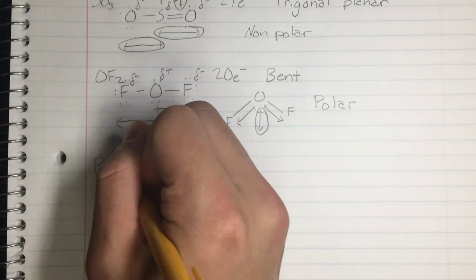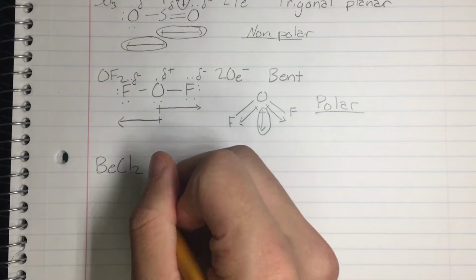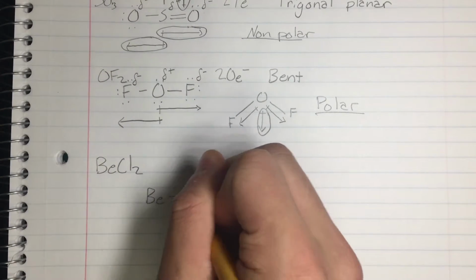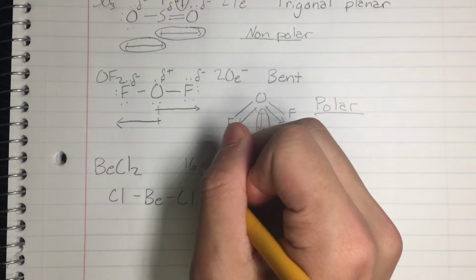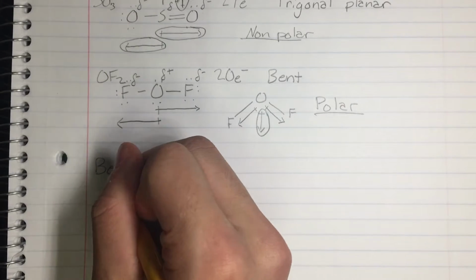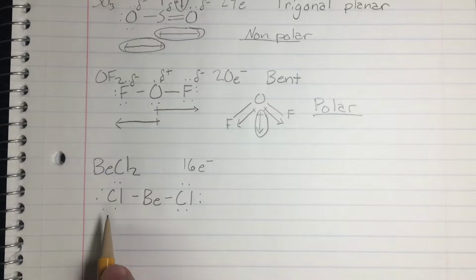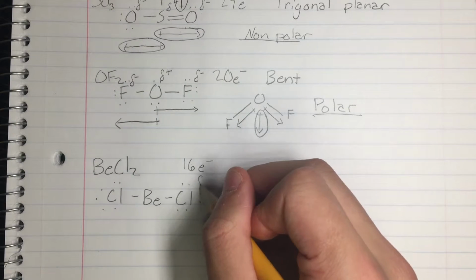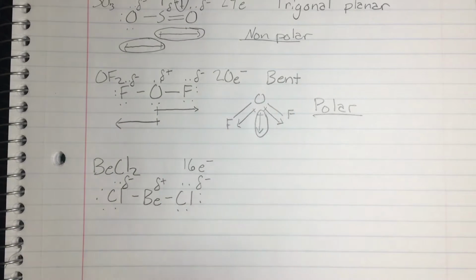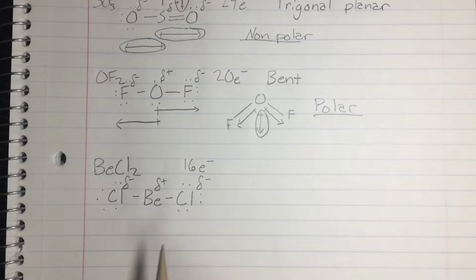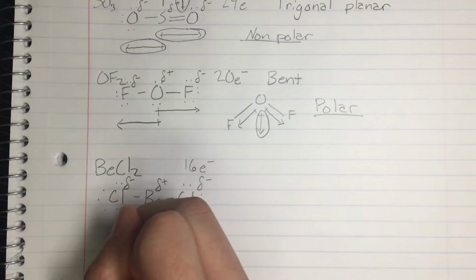Now BeCl2. So we draw it out. BeCl2. There are 16 electrons, so start with the outside first. Okay. Now Cl is more electronegative, so it's slightly negative charge, Be being slightly positive. And so you go from the smaller to the bigger, each set,